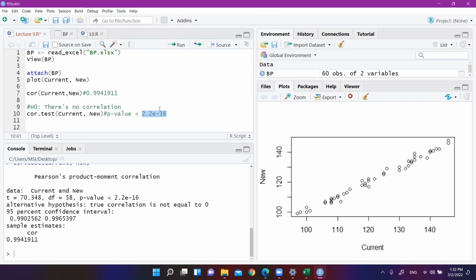So this is very small. So we reject H0. We reject H naught means,